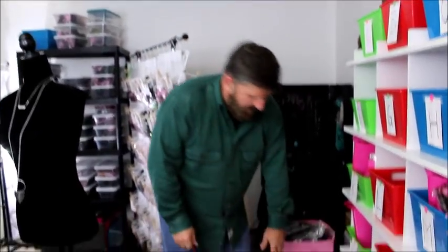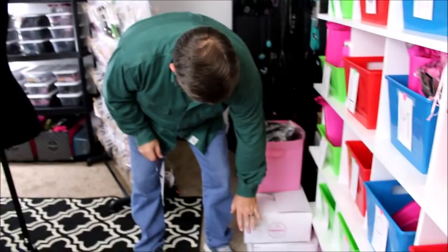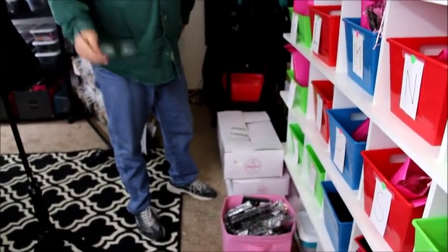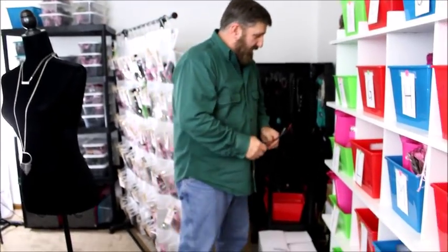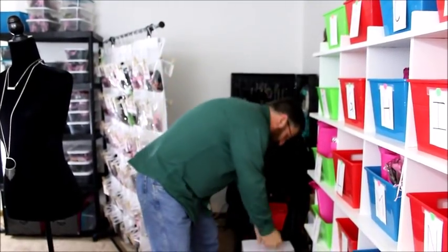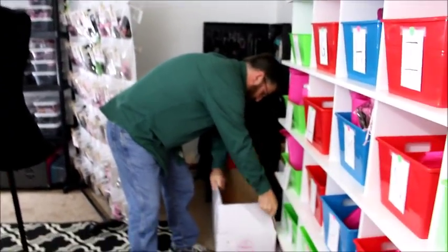But if you see these white boxes down here, everybody knows Paparazzi. You get these boxes in the mail. I think it's very important, if you're going to own a business, just like any business out there, to count your inventory. Make sure you got what they say, what you bought, right? And you need to go through and see if there are any broken pieces. While you're counting the inventory, you can check the earrings, the little pieces on the back. You're not looking at every one, but when they come in,